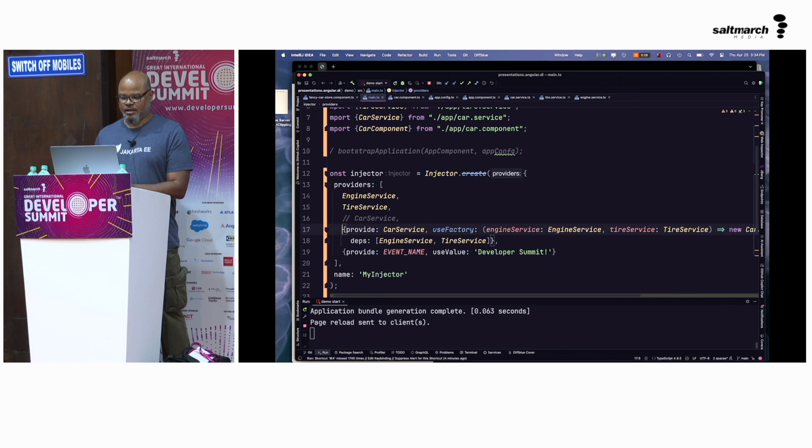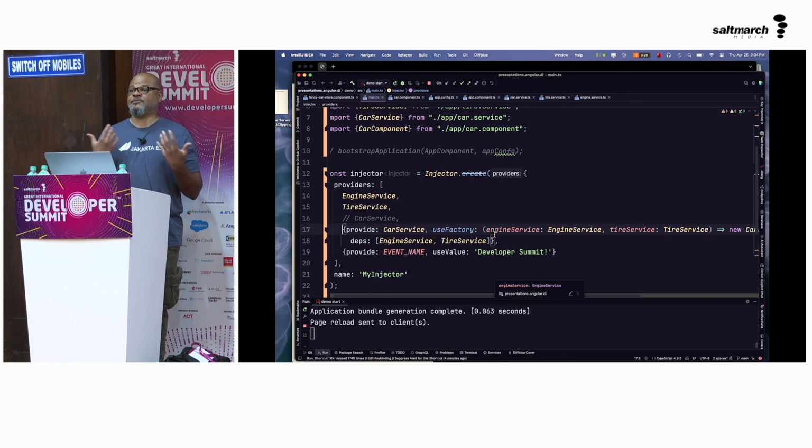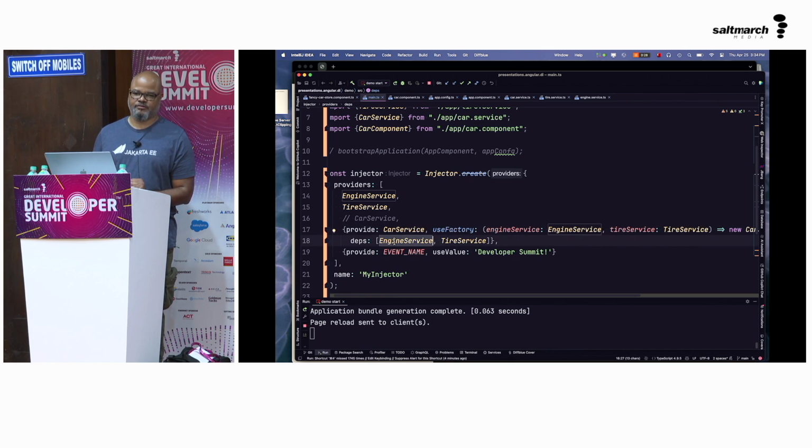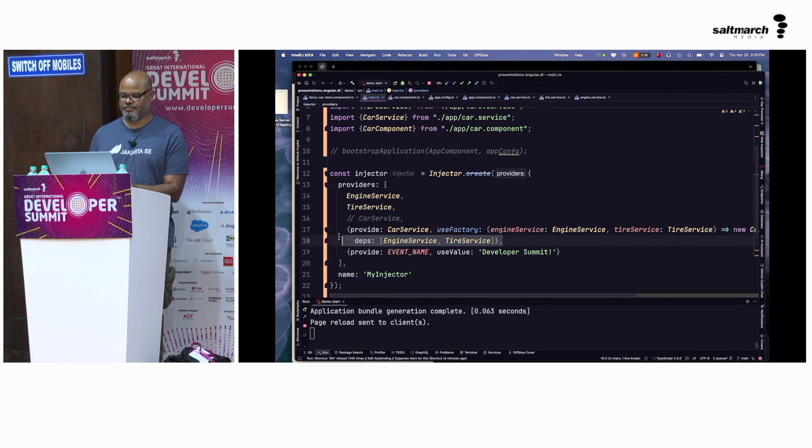Okay, so in this example, I'm using a factory, and the factory can do whatever it wants to create my object. In this simple example, it's taking an engine service and a tire service. But because it's a function, we need to give it dependencies to use for those. So you can use a factory to create any sort of object you want.